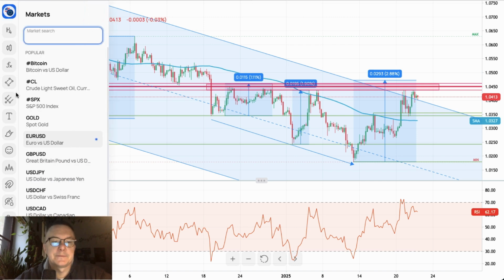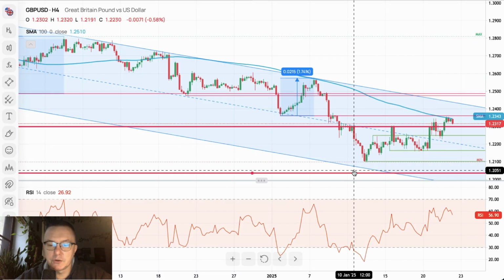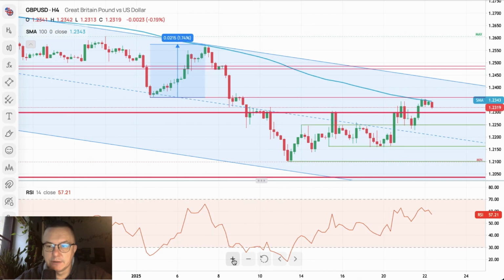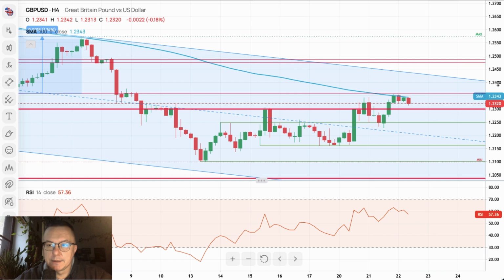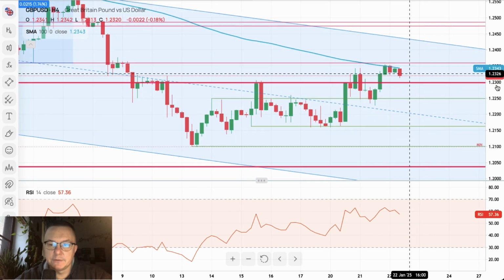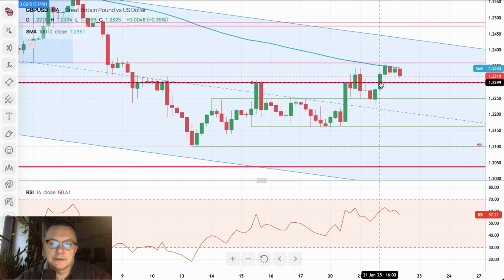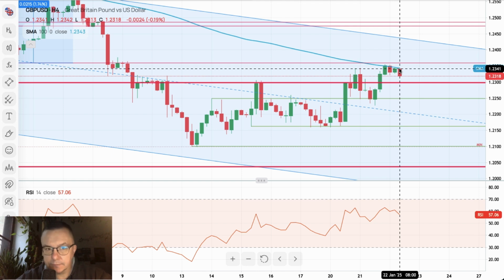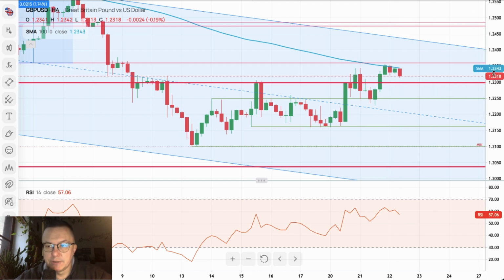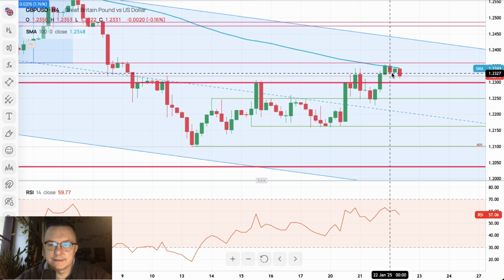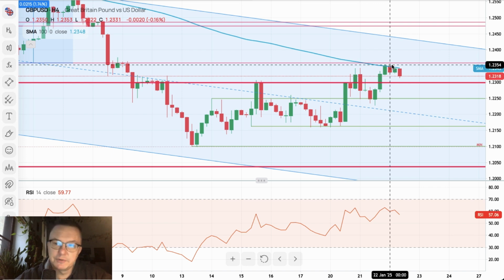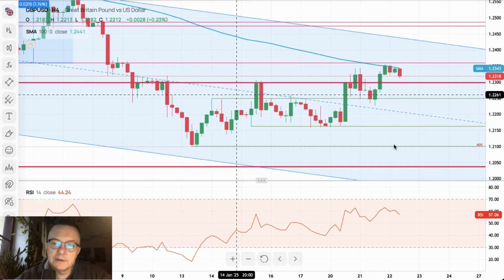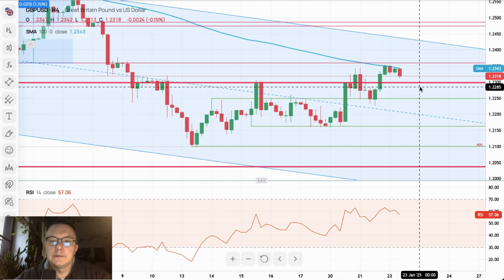Stay focused, guys. We need to take a look at the British pound for sure, because on a 4-hour time frame chart the British pound is now testing the 100 periods moving average. So they broke above the 1.2299 level, almost tested 1.2360, and now are getting smashed a little bit at the level of 1.2343, which is the technical resistance, which is the 100 periods moving average, of course, just below the technical resistance, right? This movement here doesn't look impulsive.